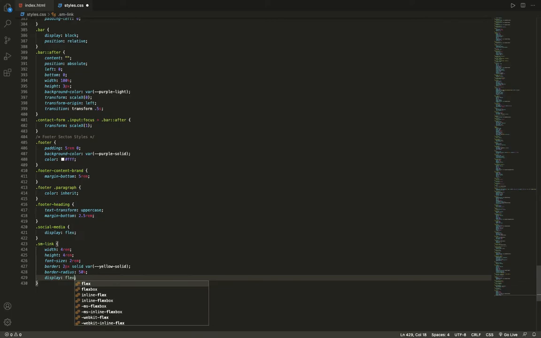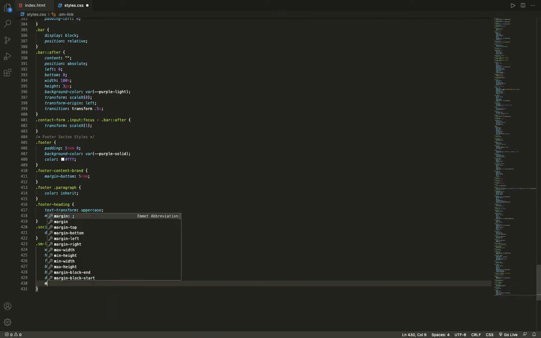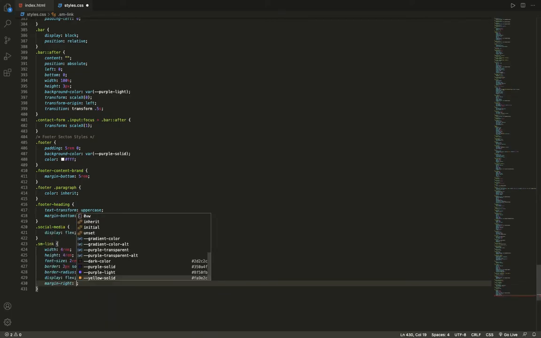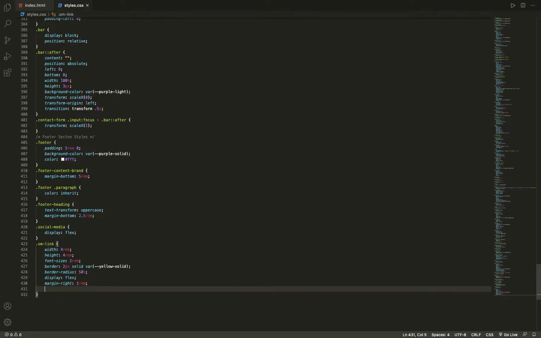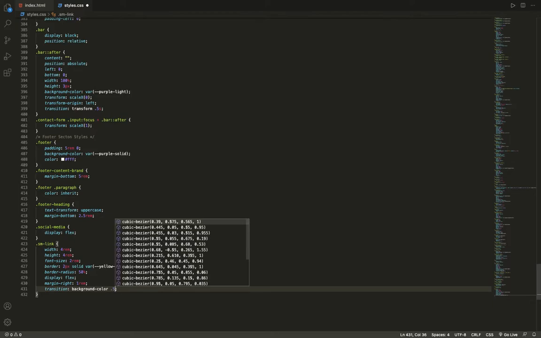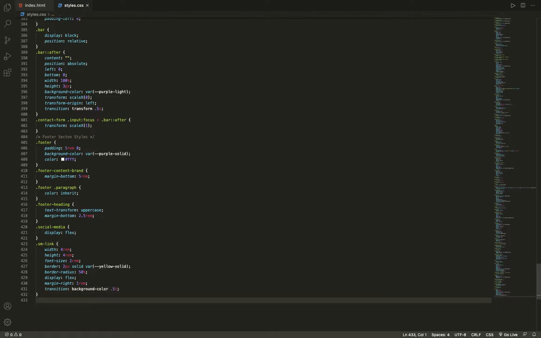And I will change the display to flex. I will add margin from the right side and it should be one rem. And finally I will also add transition, and I will say background color 0.5 seconds. Now I will say dot sm link,